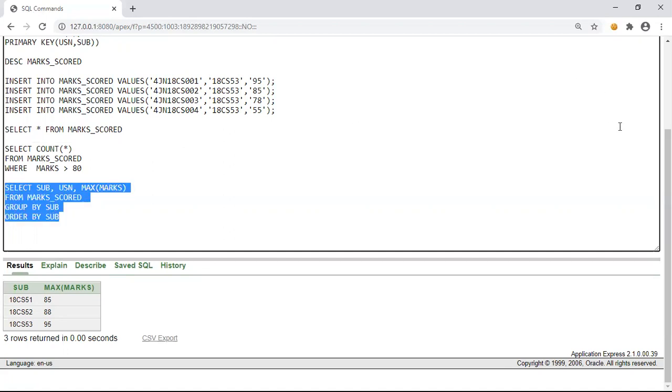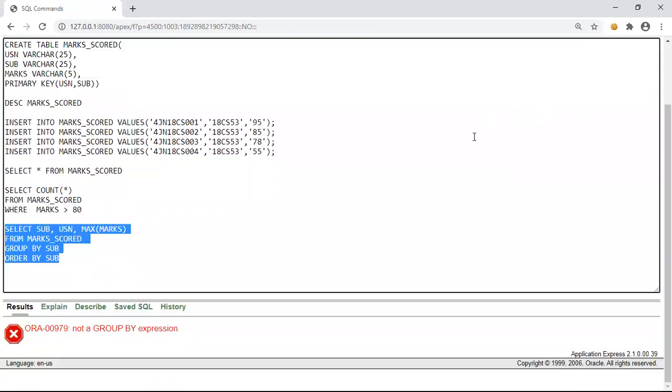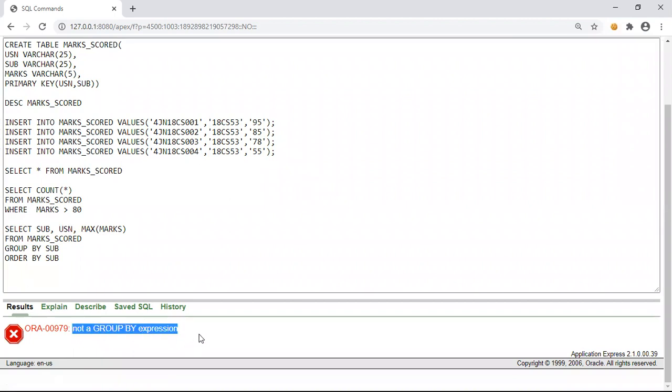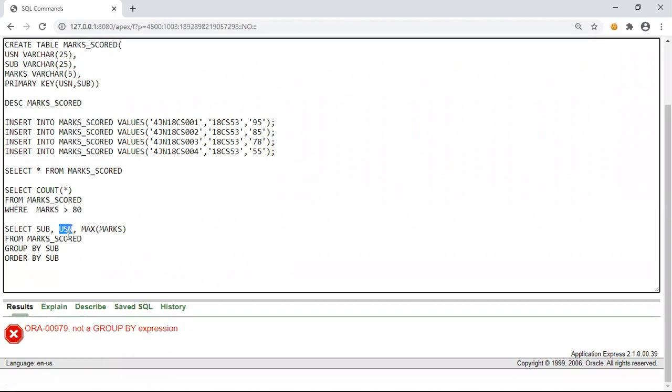So now if we run this particular query, if we try to add a USN over here, it is giving an error message, that is, not a group by expression. Which means we cannot add an attribute which is not included in the group by clause over here. So what is the solution for this particular issue?